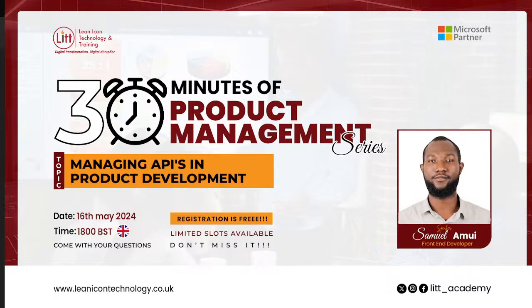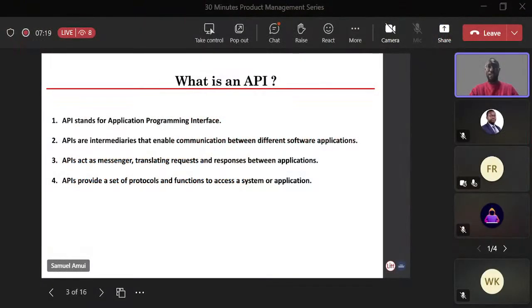The example that I gave was between myself and a friend called Joseph. When Joseph speaks, the interface, which is his body or his mouth, translates it into a language, and when he speaks back to me, his body also translates it into a language that we both can understand. With APIs, there are set down procedures or rules by which the different applications will be able to understand each other. So that's basically what an API is. Okay.